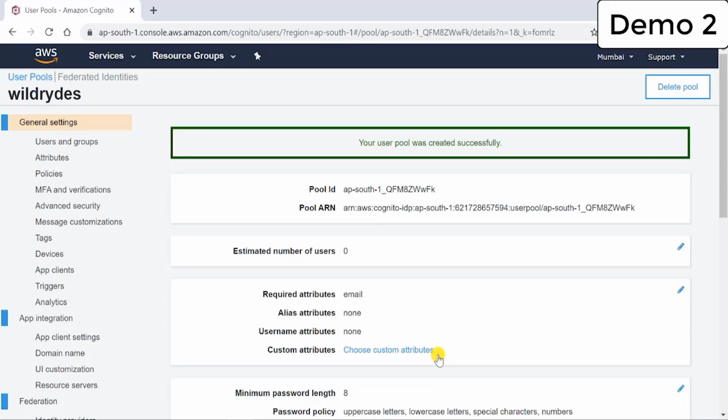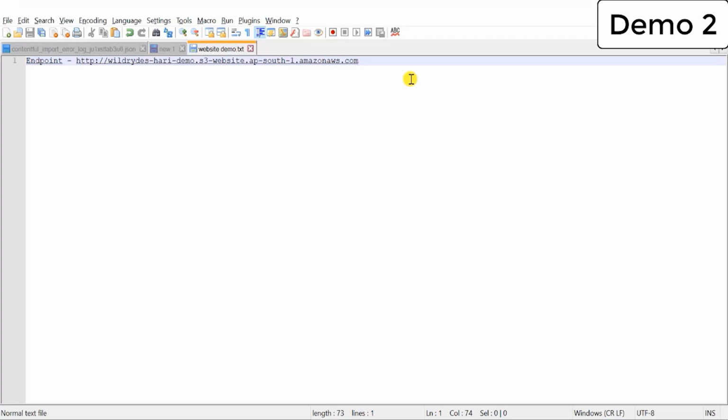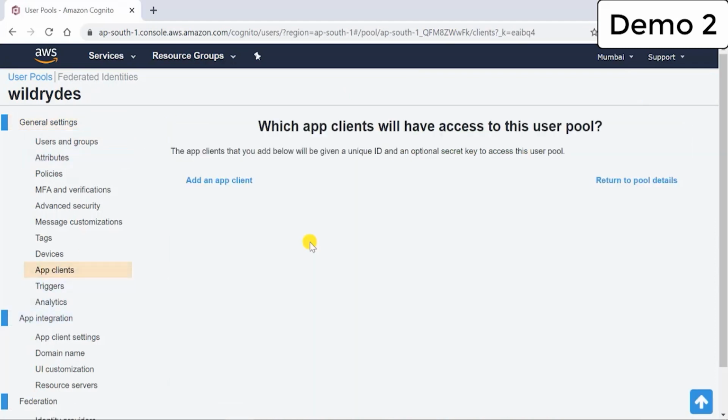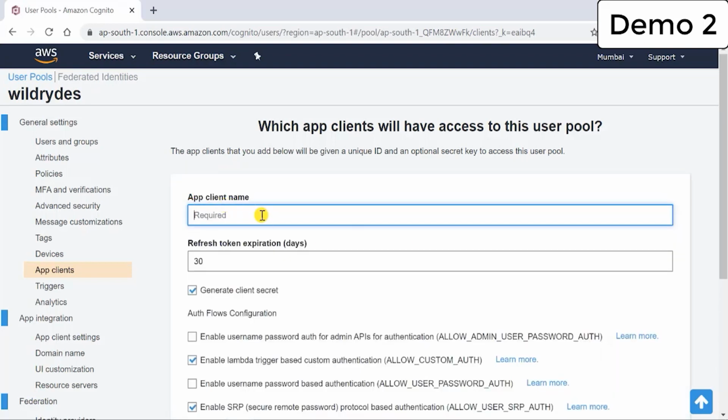So the user pool has been successfully created. We need to take note of the pool ID for future reference. And after that, we need to add an app to our user pool. So from the Amazon Cognito console, select your user pool and then select the app client section. We have this app client section here, and we add a new app client and make sure the generate client secret option is deselected. So we have this app client name, and we'll just give it some name,